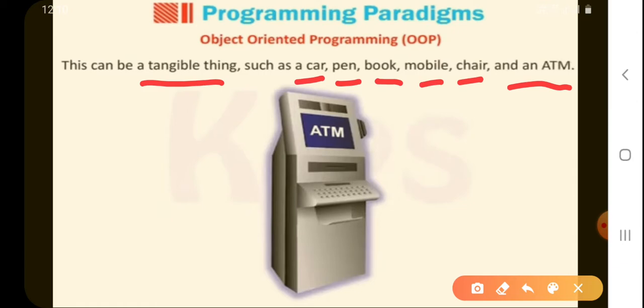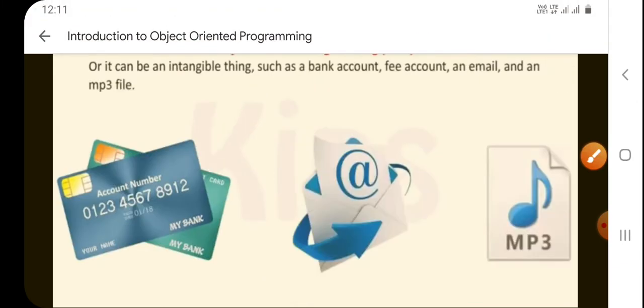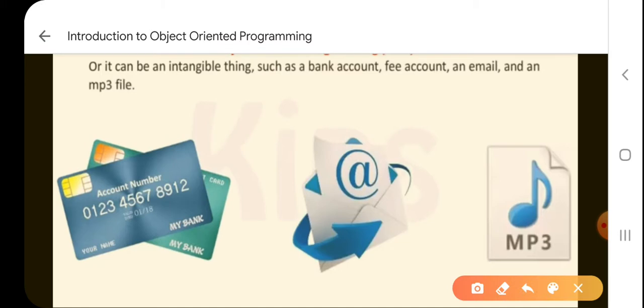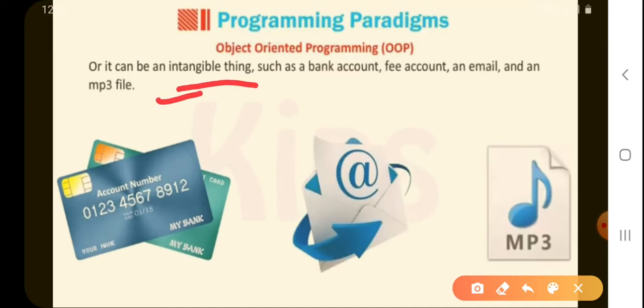Now, what about the objects that we cannot see, or intangible objects? For example, a bank account. You cannot see a bank account, right? You cannot see a fee account. So even intangible things can be classified as objects.